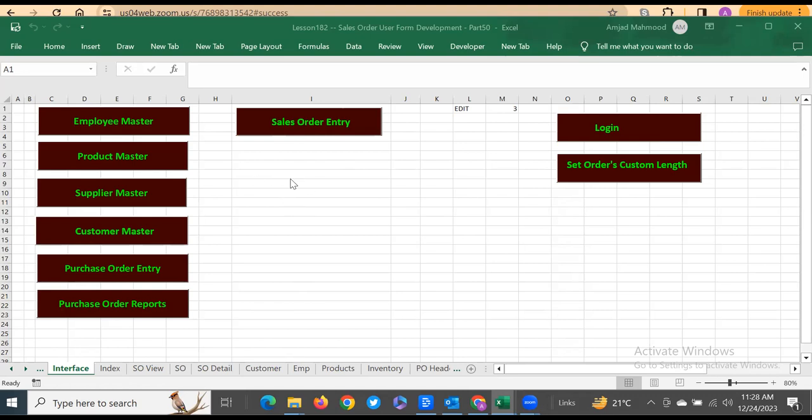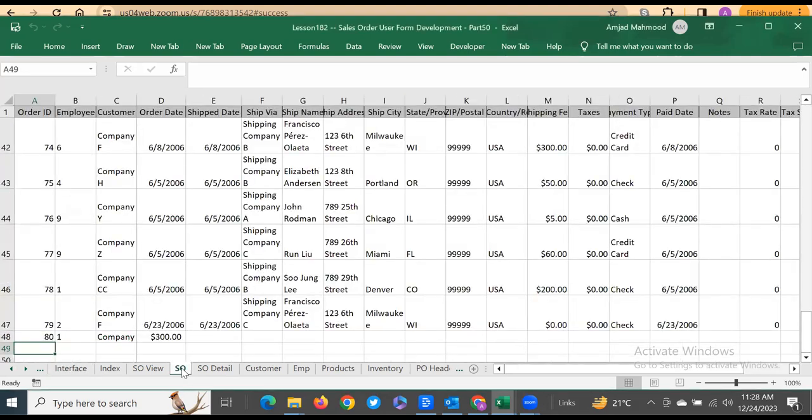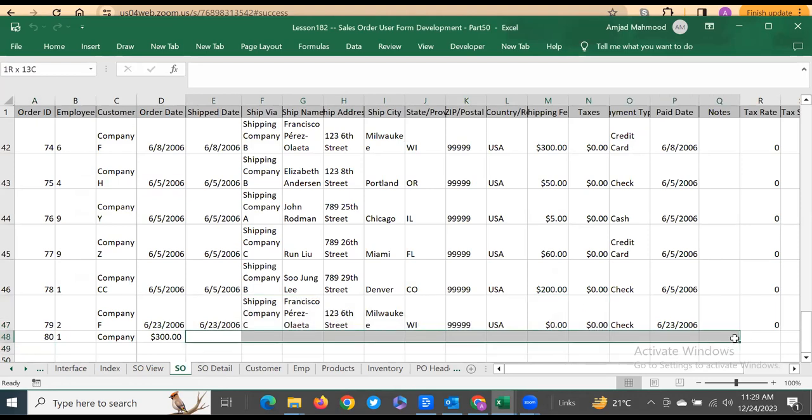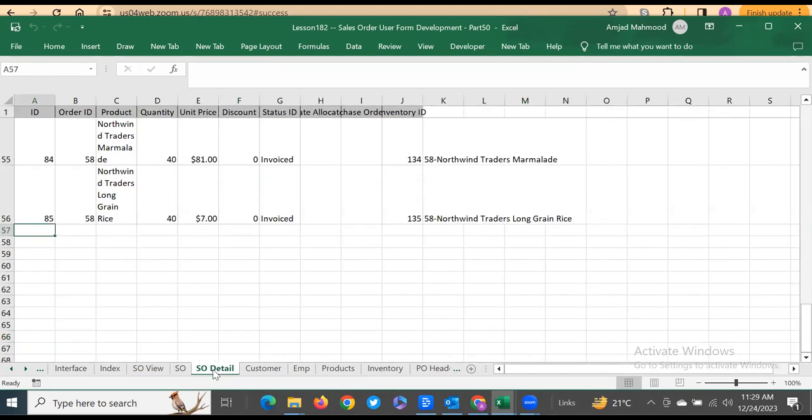We are continuing the update of the sell order entry form, meaning data is being shifted from the sell order form into the data table. First of all, the header table is being updated. We were able to update these. So let's continue to complete this header portion, and then we will proceed to write the same on the SO